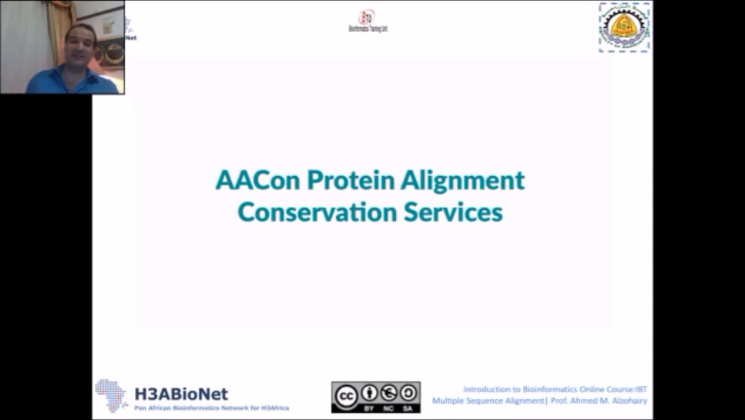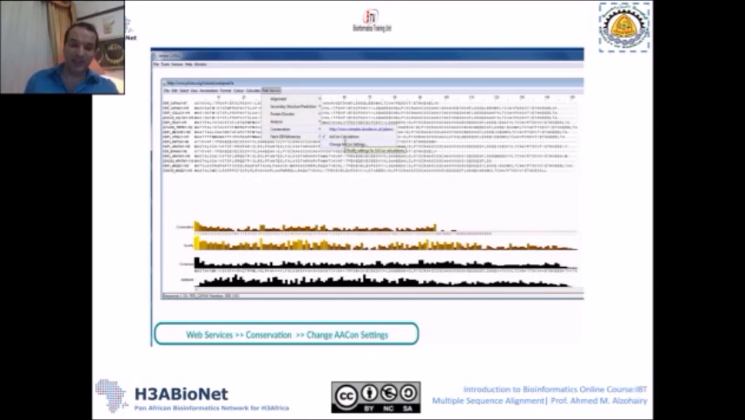Also, there is a very good part in JALView, that is amino acid conservation. You can show the amino acid conservation pattern in your alignment, and this is in the conservation sequences services, and it's very easy to find. Simply in the web services, and then choose conservation and then AACon calculation. When you do AACon calculation, actually there are almost 17 different amino acid conservation settings,